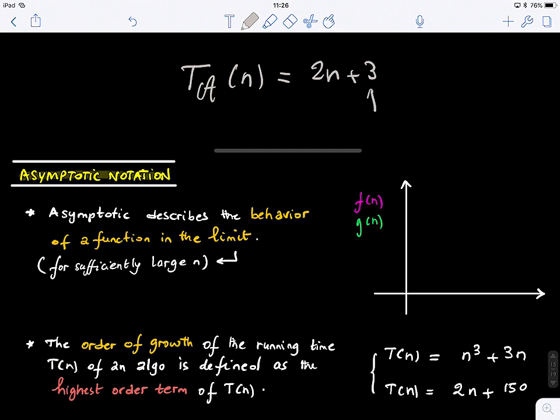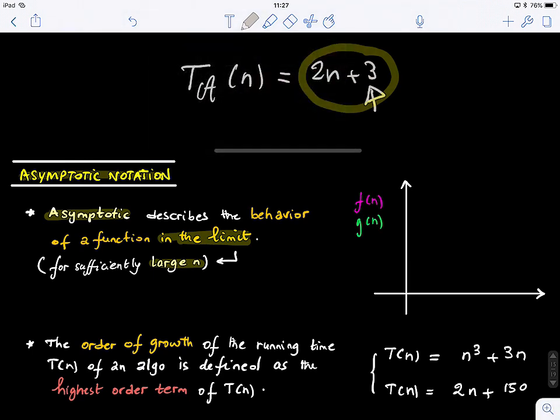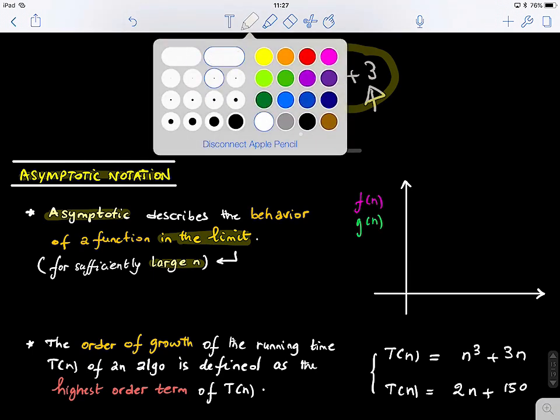Now we are going to analyze the behavior of this algorithm. So how to do that? We will look at what we call the asymptotic behavior of an algorithm or function. This asymptotic means when we're looking at the algorithm behavior for a very large n. So this is basically the limit of this function. Here we'll look at how this function behaves when n grows larger, basically when our n tends to plus